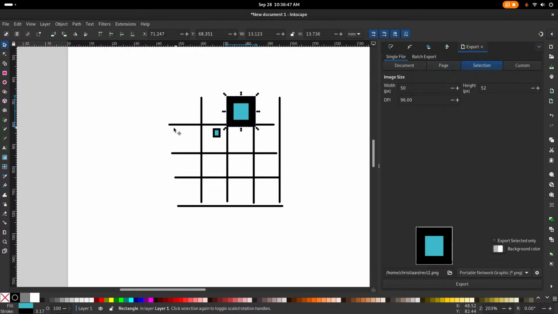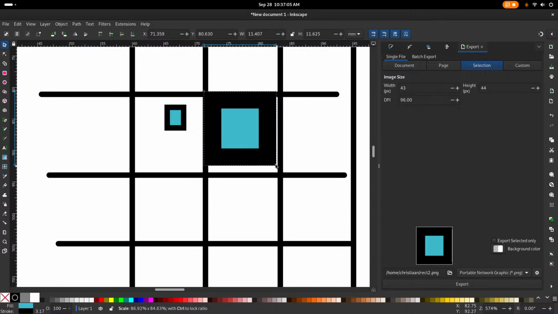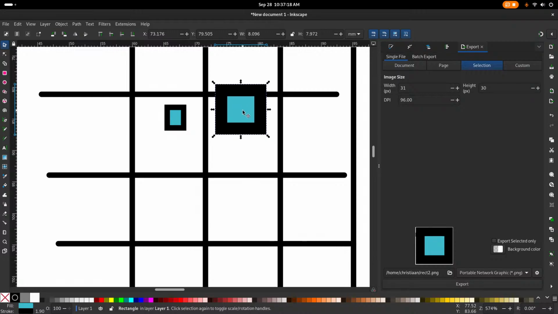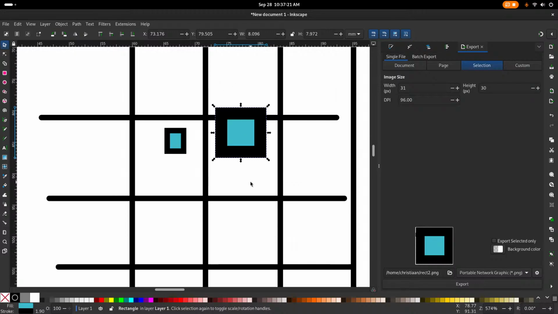Now, we also want to check if it's still inside the same cell, then we don't delete it, we don't insert it again. So we will be calculating the old cell X and the old cell Y, checking if it's still within the same cell. If it moves up here, it's still in the same cell, don't remove it, don't insert it, just return. Try it again, okay, still in the same cell, now it's in another cell. Once it's in another cell, we want to delete it from this bottom cell, and we insert it